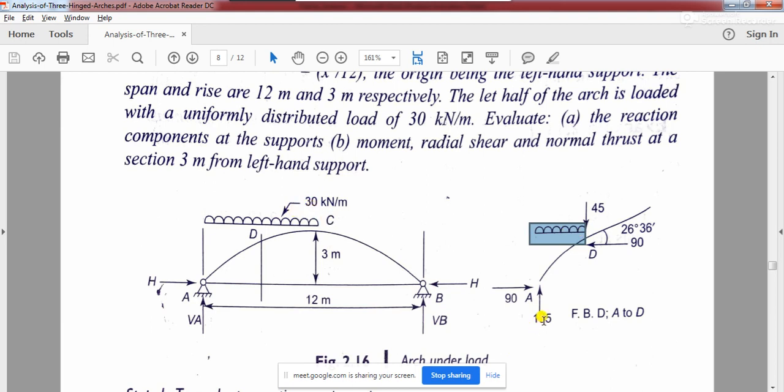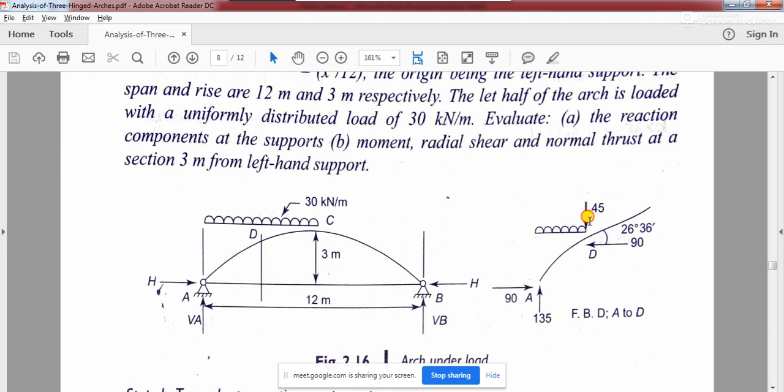So the 135 kilonewton vertical reaction acting upward will be nullified by this downward force, that is 30 multiplied by 3, 90. So 135 minus 90, that means at this point, only this 45 kilonewton force will be acting downward. So you should be very careful doing it,